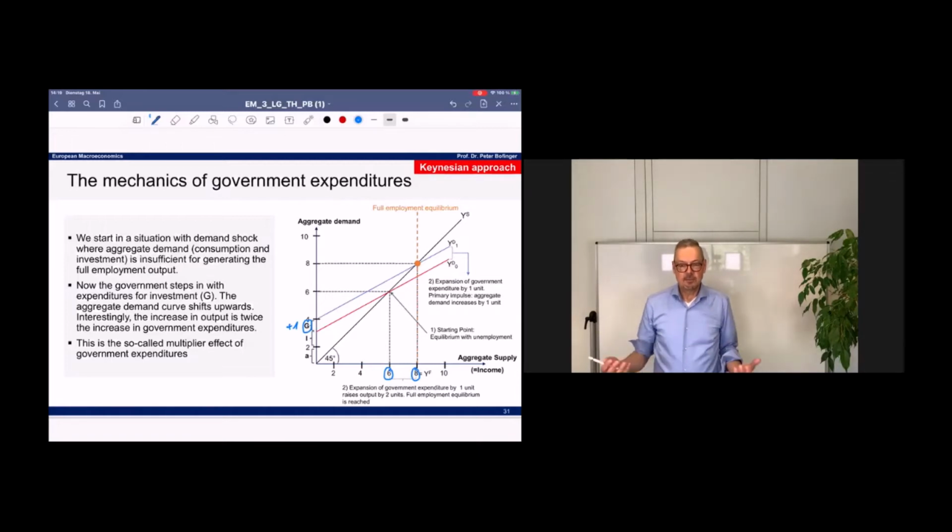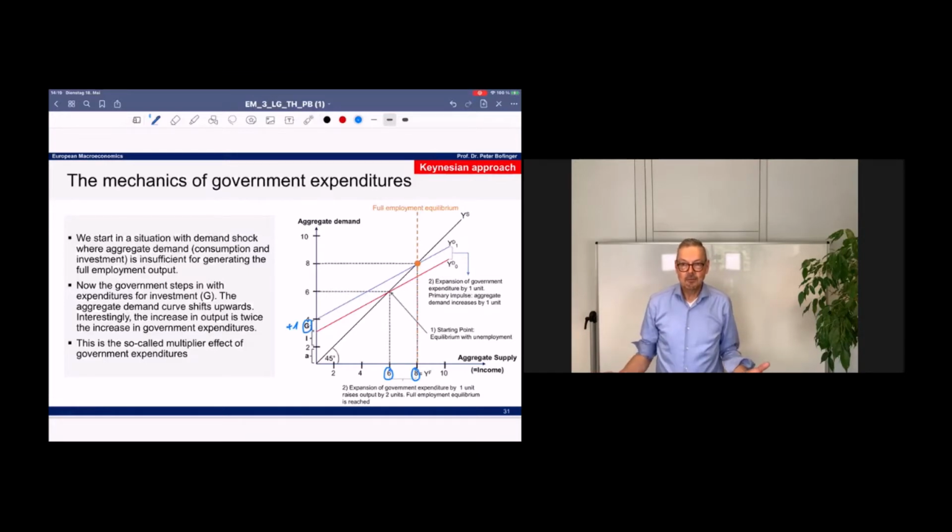So if these investment good producers have now 1 billion euros more in their pocket, they save $500 million, but they spend the other half. And this means for the consumption good producers that they increase now their production for consumption goods by 500 million euros. And that means that in this sector now also there's an additional income. There's more money in the pockets of the people who work in the consumption goods sector.